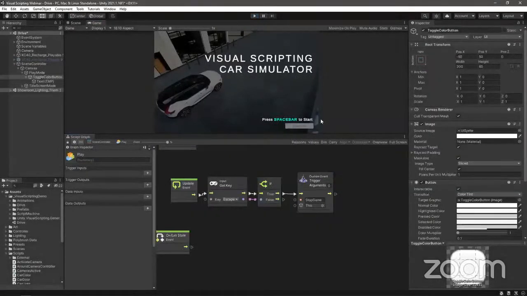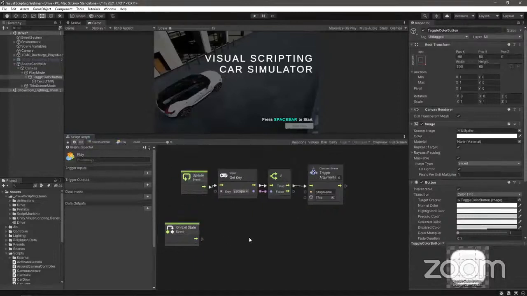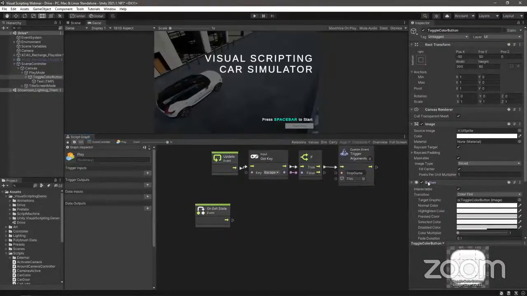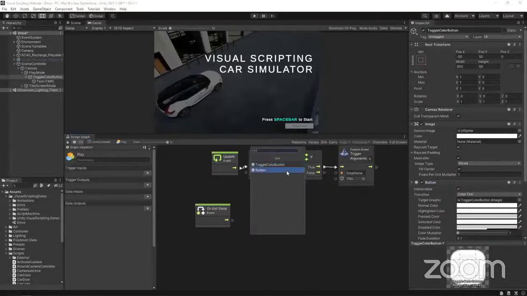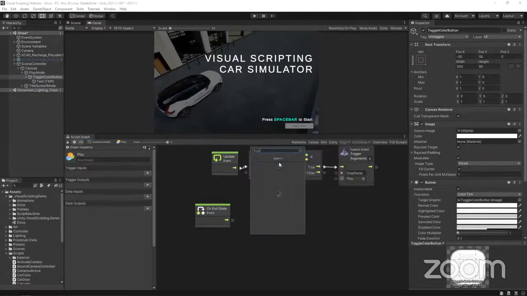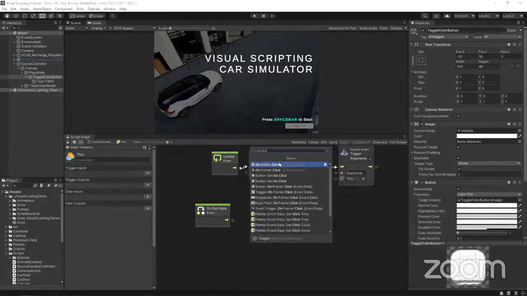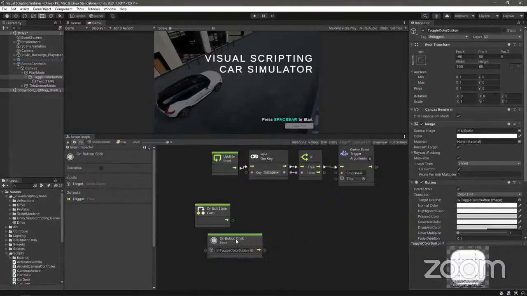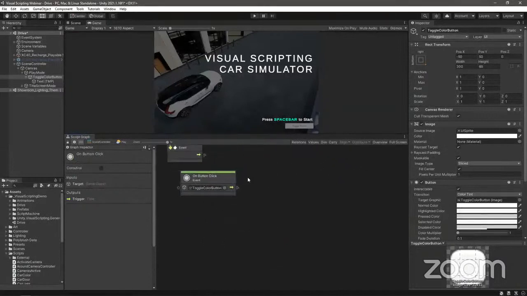And as a bonus, as you can see over here on our play mode screen, there is a toggle colors UI button. So we can actually add that into a specific state as well. So since we have the play mode state over here, I can actually just drag in the button in here and look for an on click event, or just type on click there. On button click event. So if we press that button, this event will actually fire, and what we can do is pass this to the